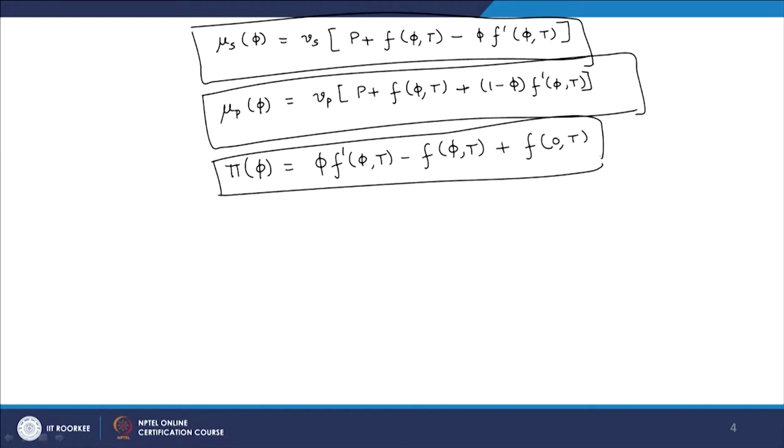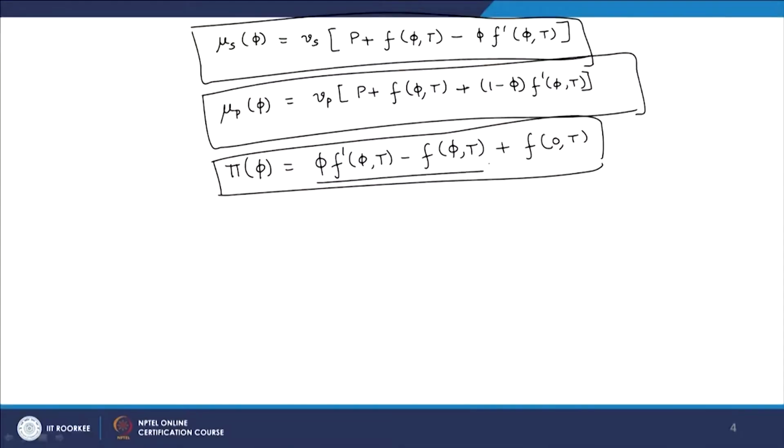And now you can see the chemical potential can also be written in terms of osmotic pressure, because this particular term that we see here is common in the previous expressions that we have derived, just a minus of that. So, in fact, we can write the solvent chemical potential as mu s of phi is equal to